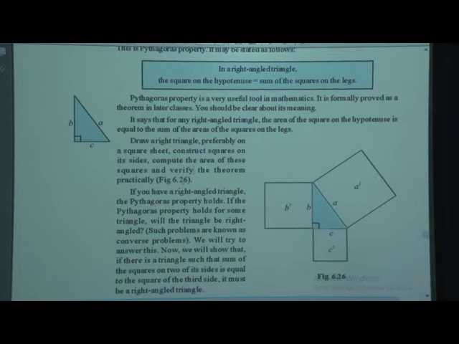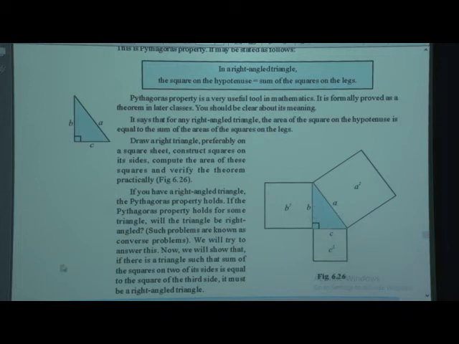Compute the area of each square and verify the theorem practically. We will have this activity so you can understand, you can prepare at home and you can prove the Pythagoras theorem. If you have a right angle triangle, the Pythagoras property holds, that is B square plus C square is equal to